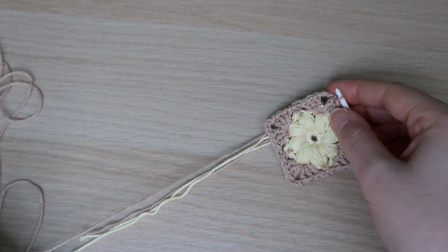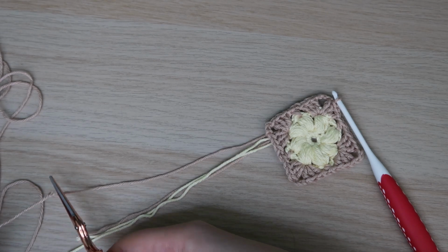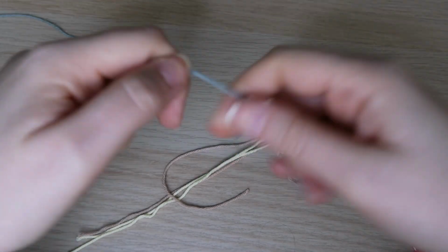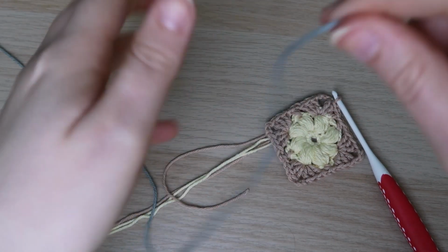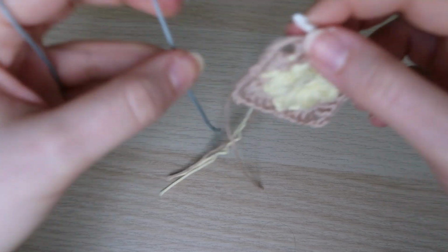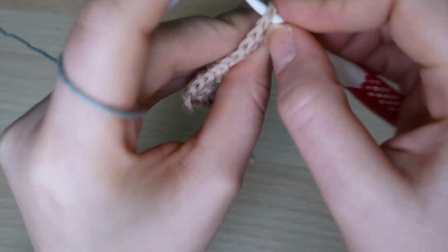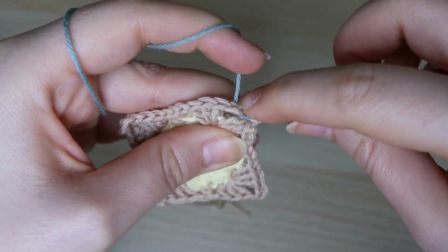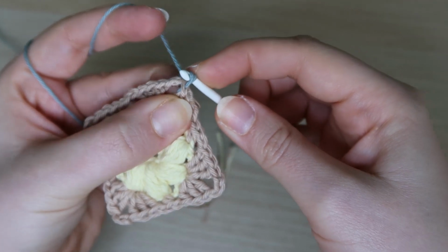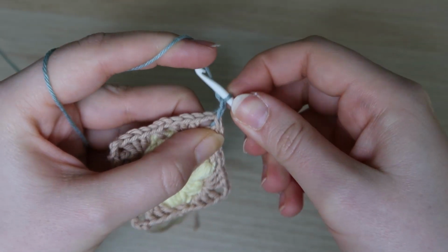And we are going to start the next round now. Oh, I've got the little, you could use this really small basic little square now already, but I want to have another round around it in a different color. So I'm going to just grab this different color right now, and then I'm going to basically do a final slip stitch into that little corner there, and from here I'm going to start chaining 3,